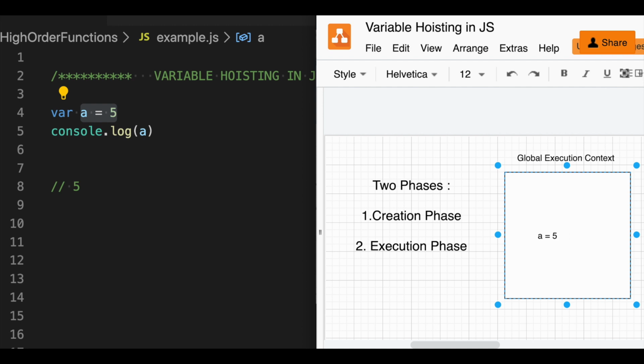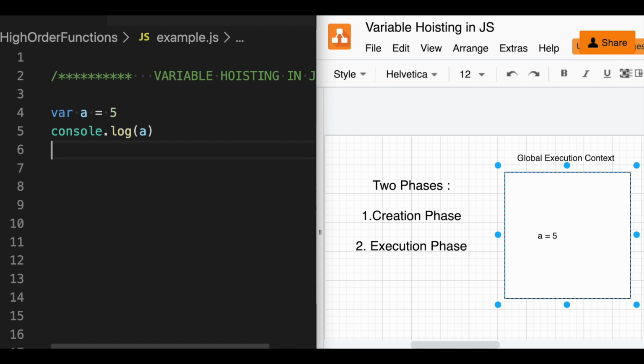The memory is there; I just need to put the value 5 in it. Then I log the value of a. The JS runtime checks what is in the memory to which a is pointing. It's 5, and it logs the result 5. This was very simple.